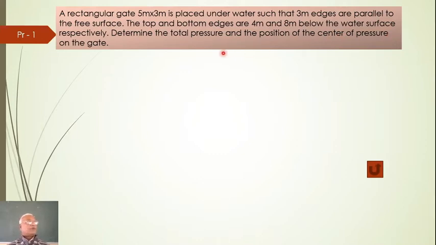Now if you catch hold of a rectangle 3 meter by 5 meter, it is 3 meter this way, 5 meter that way. Now if the top edge, that is 3 meter, is 4 meter below the free surface, then another 5 meter, actually it will be 9 meter below, but they say 4 meter and 8 meter. That's how it should happen. So this kind of imagination you might have developed already.